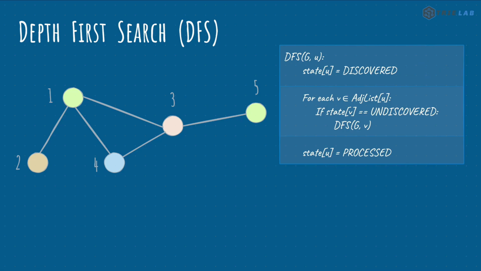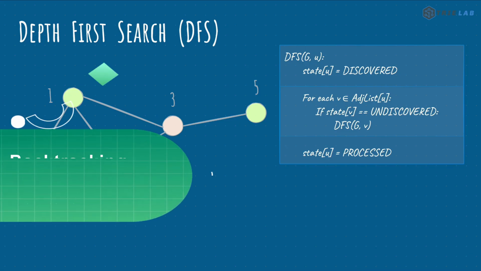In this recursive module, we first take a node, pass it to this recursive function, and mark it as discovered. Then for each of its undiscovered adjacent nodes, we call the depth first search function again, and this continues until we reach a node that has no undiscovered nodes. Then the function starts returning back up the chain. Now this is called backtracking.